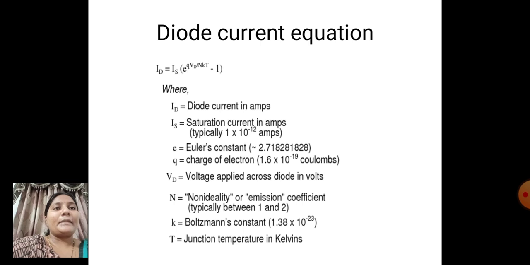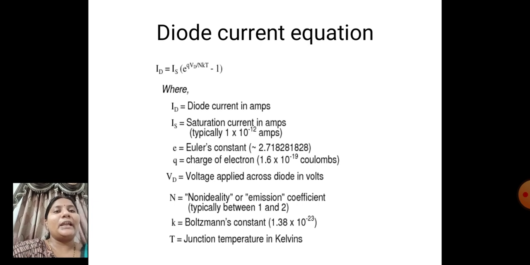And a few days ago I shared a PDF copy of your material. Please go through the PDF copy which is shared in the WhatsApp groups. I gave an example under this expression, under this diode current equation, and please practice that problem. We have only one type of problem under this expression. We'll have some values given in the problem and we'll simply substitute the values and find out the diode current ID. Clear? Let's go to the next topic.